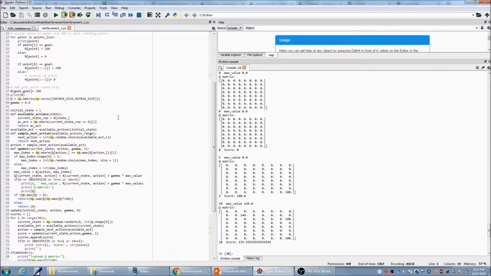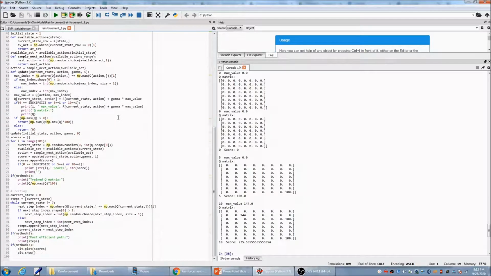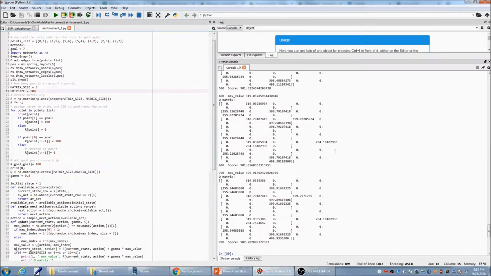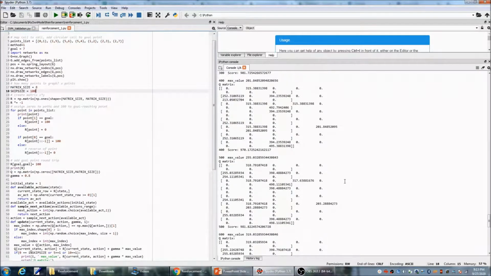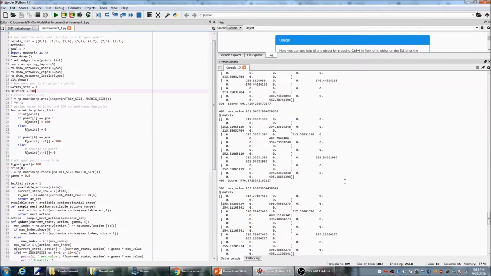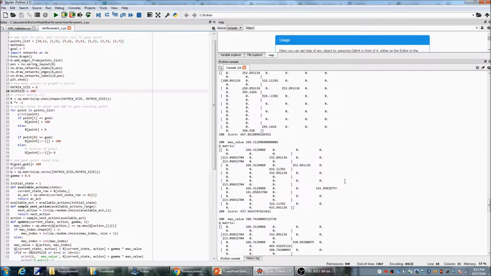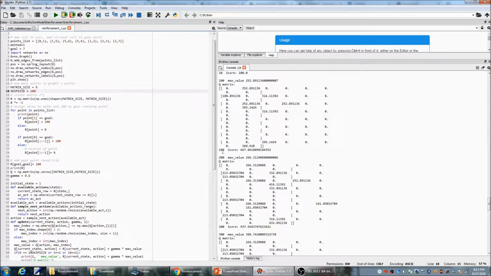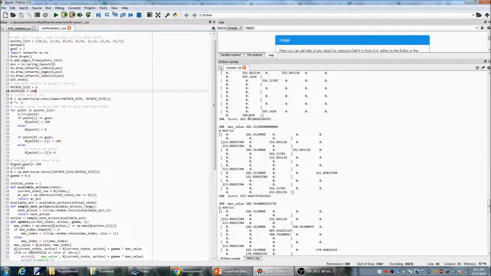Okay, how about we run it for, let's say, 700 times. Okay, let's see. After we run 100 times, the matrix became something like this. And let's take a look at the final score.